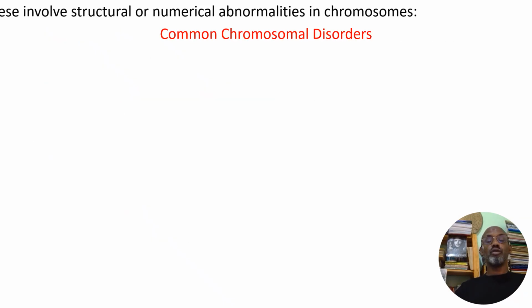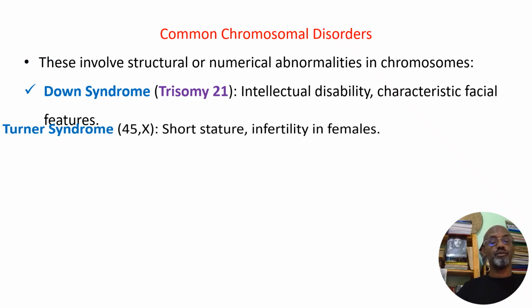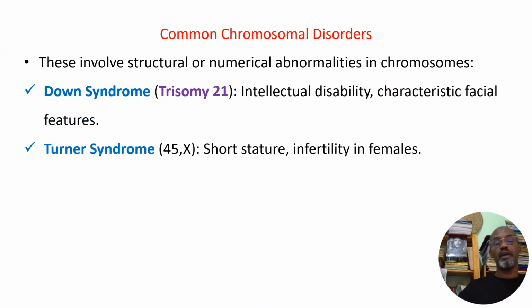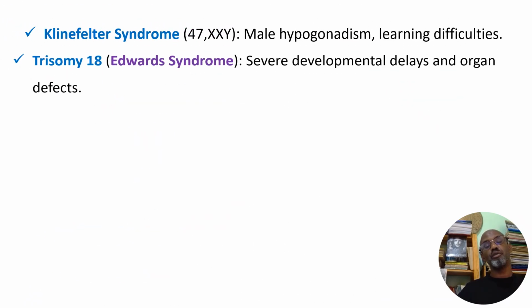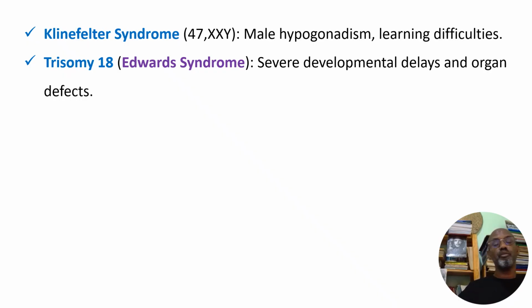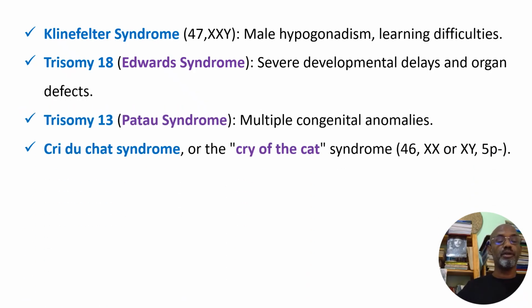And common chromosomal disorders involve structural or numerical abnormalities. Down syndrome, you know it, trisomy 21. Many features are associated with this. Turner syndrome, 45 chromosomes, only one X. This is infertile females. And Klinefelter syndrome, 47 chromosomes with one extra X. Trisomy 18, that means one extra chromosome 18, Edwards syndrome. And trisomy 13, Patau syndrome, you know it. And Cri-du-chat syndrome, this is a structural chromosomal mutation when the 5p arm is